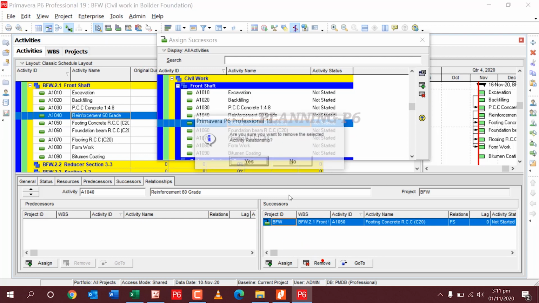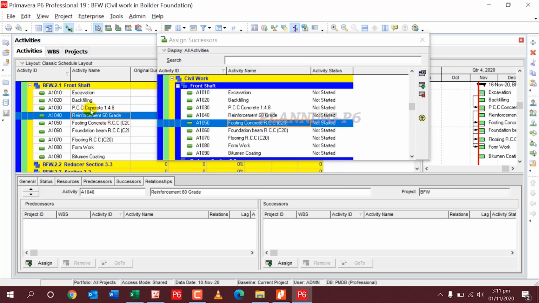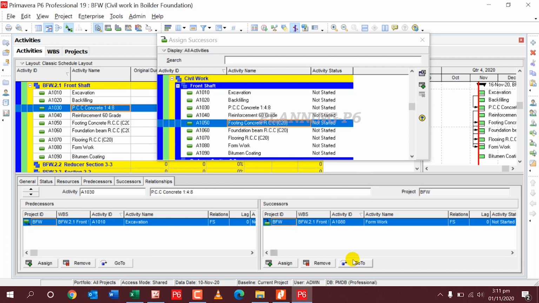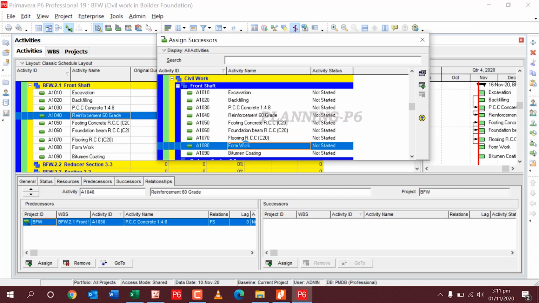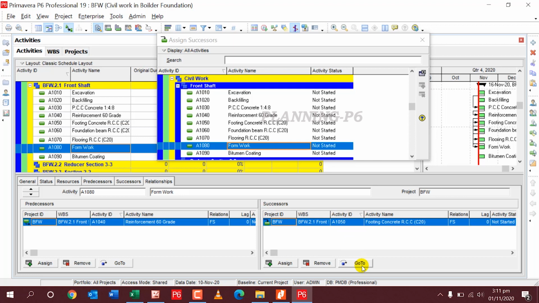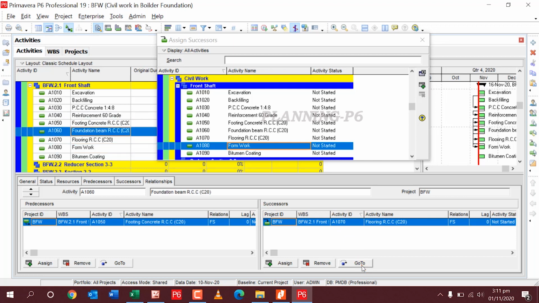After PCC work, there is a reinforcement work, and when you go for reinforcement work, there is a form work, and after form work, there is a footing concrete work, and then beam, then flooring, and the last one is bitumen coating.